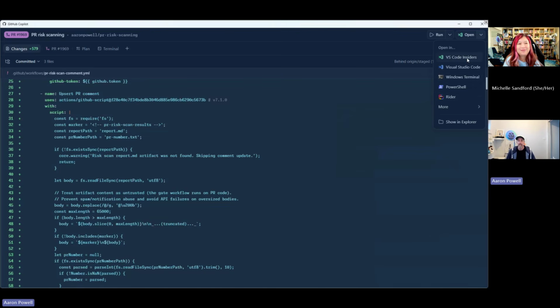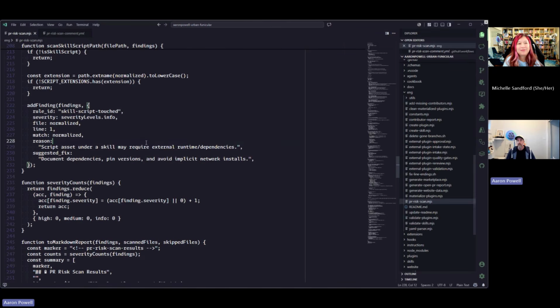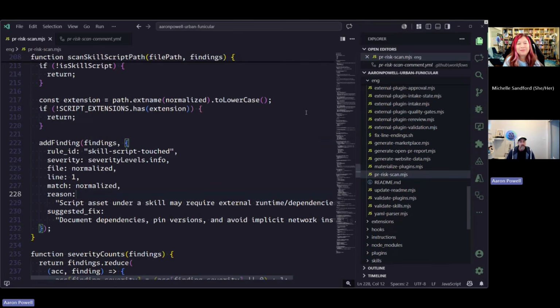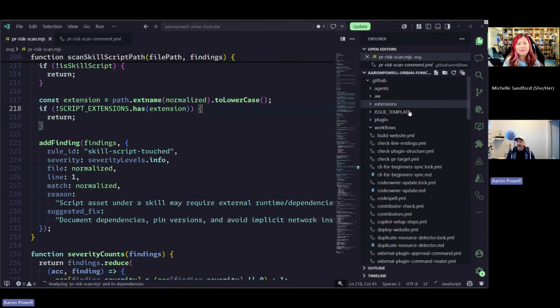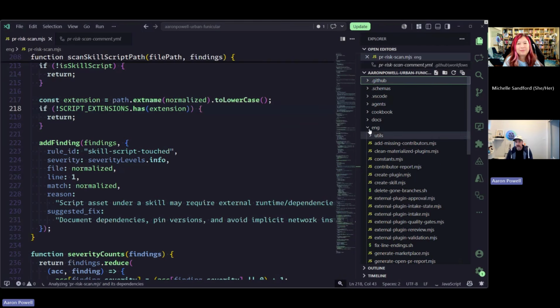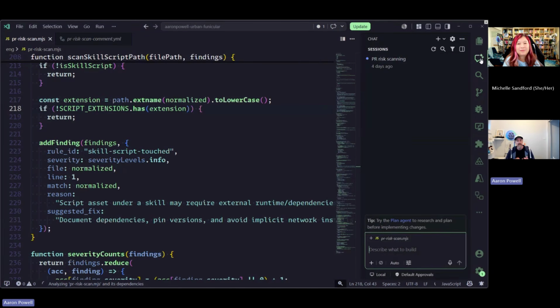But let's just open up our VS Code Insiders instance. I'm going to bring that back into the screen share. Now, what we'll see with this is that it's got all of the files and all the code that I expect to have inside of this repo. It's all there. This is just VS Code as I would be expecting it. But if I want to pick up that session that we were working with in Copilot App, I can do that here.